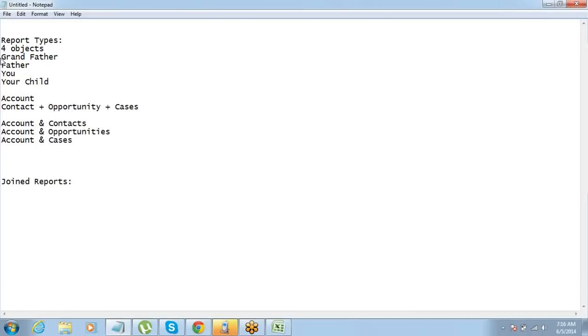So then you can create a report type, include those three objects. If account is there, under there contact is there, and then under contact you have opportunity, then you can create a report type of three things. Okay. Then they are in one line, right? Linear means being in one line, falling from top to bottom, right? So from account, contact, opportunity, if they are in one line, then you can actually create a report type using those three.